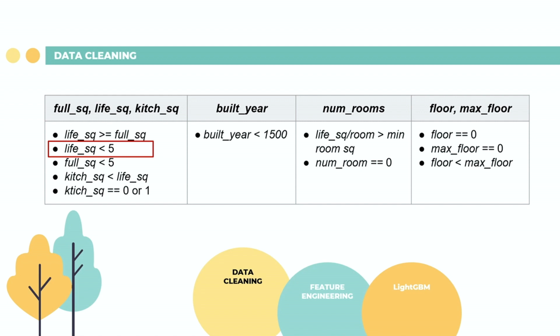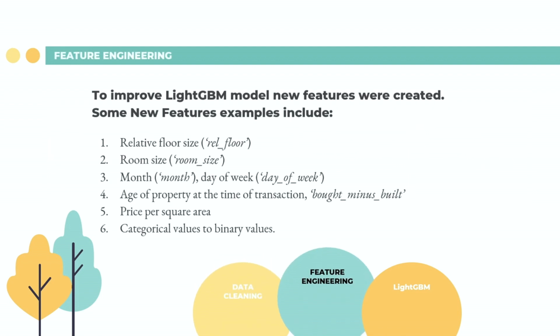Next, adopting the feature engineering method, we created new features that can capture deeper insights from the raw data. The most significant change we made is the model's prediction of price per unit area rather than the actual price itself. We believe that this change enables the model to better assess the value of houses.